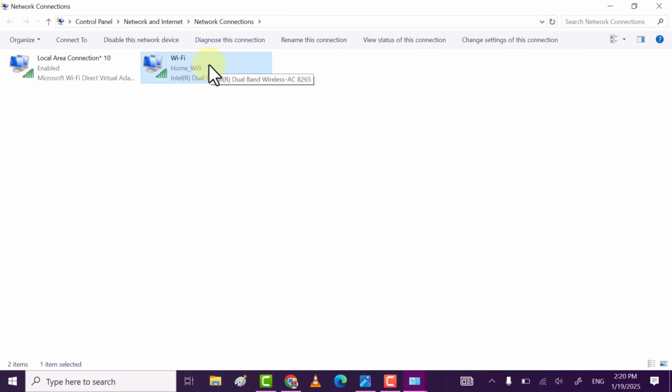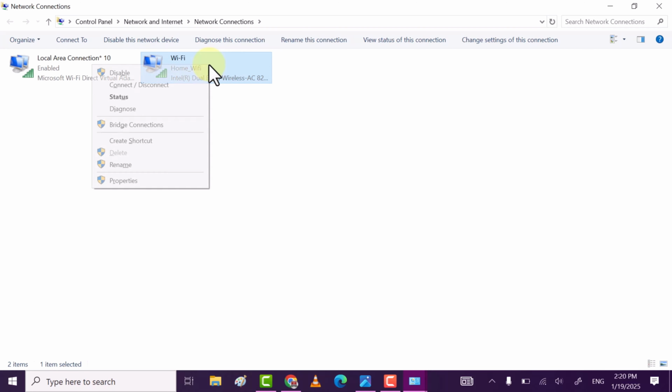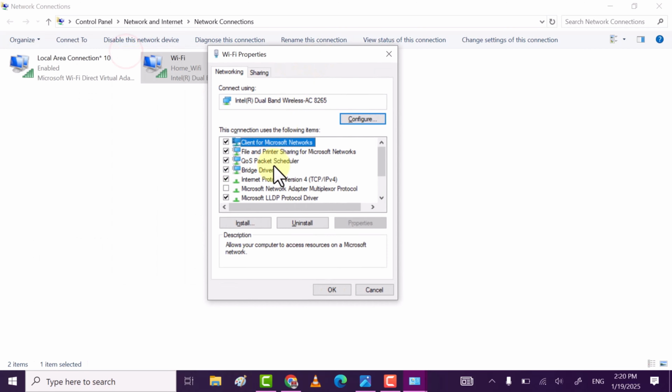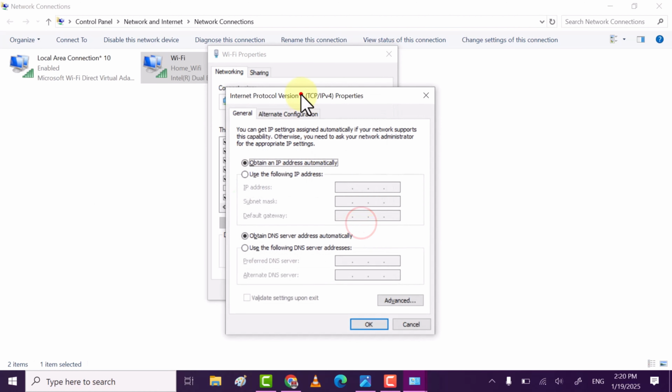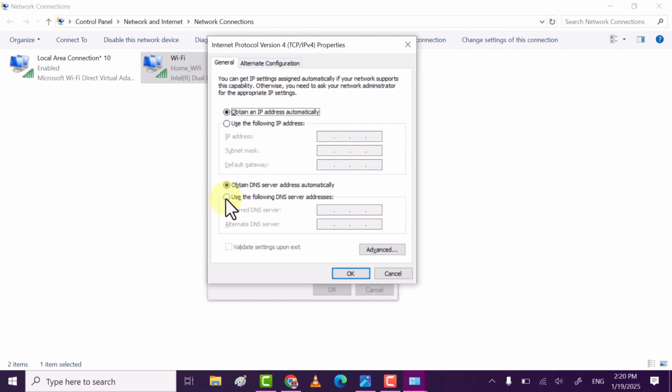Now right click on the Wi-Fi or internet connection and then click on properties. Now here select internet protocol version 4 and then click on properties. Now here select use the following DNS server addresses and put preferred DNS address as